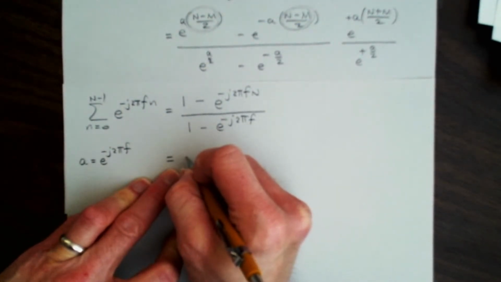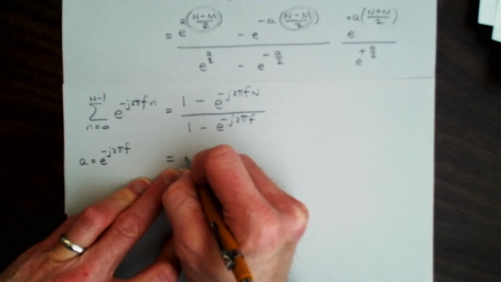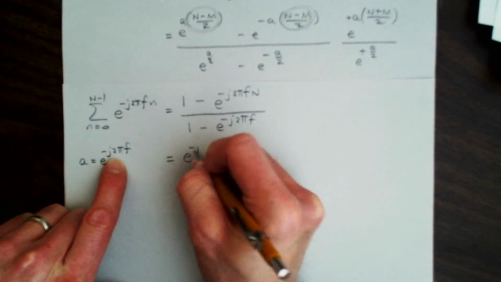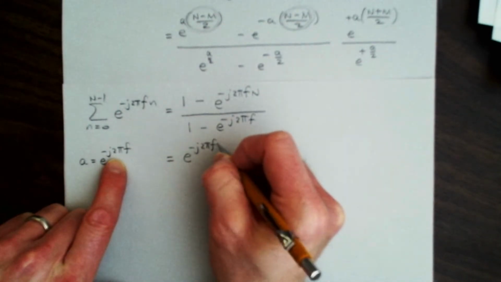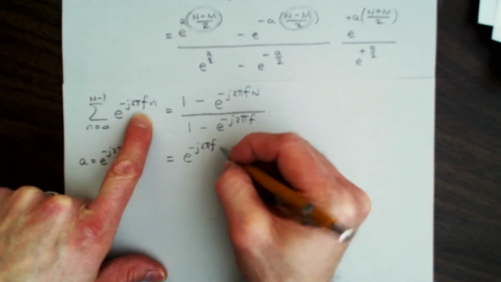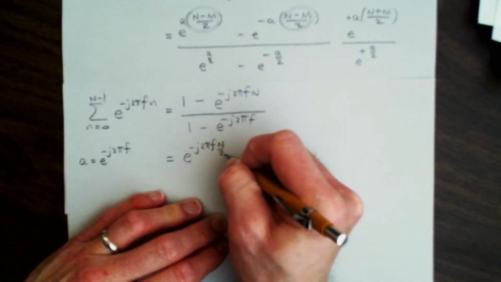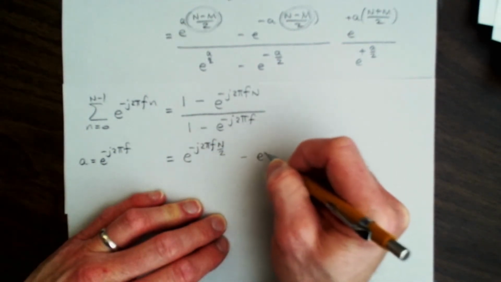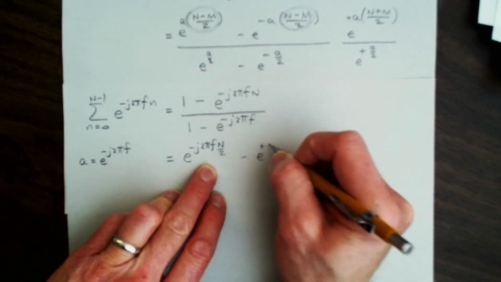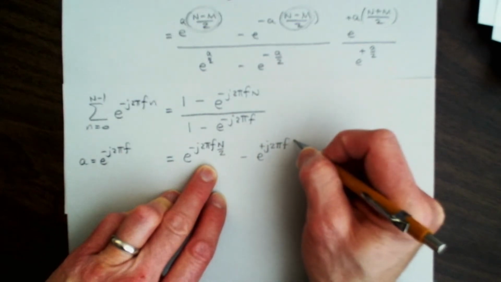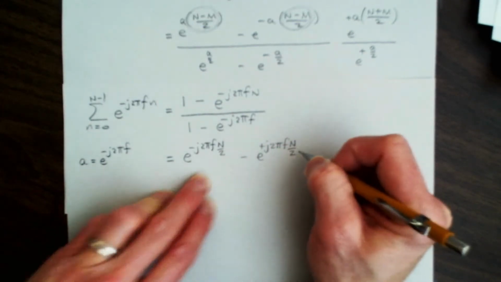I'll have e to the minus j 2 pi f, and then I'm going to have the difference of the limits, so this would be n over 2 minus e, now I'll have plus j 2 pi f n over 2,